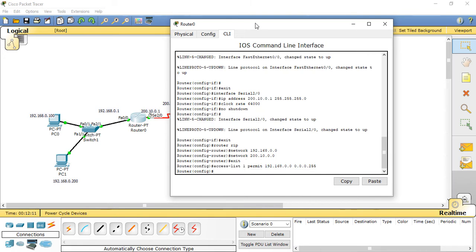So that is how we will be writing our command. So ip nat inside source list 1 interface is